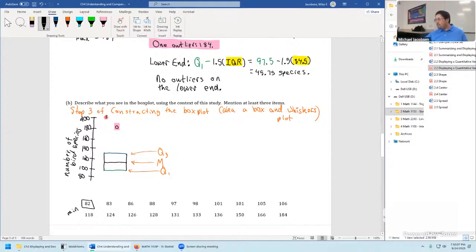The minimum at 82 species comes down like this, a line segment that starts at quartile 1 and ends at where roughly 82 would be. So this is what we refer to as the whisker part of the box plot. And it's just a minimum value going in. Well, any questions about the minimum?